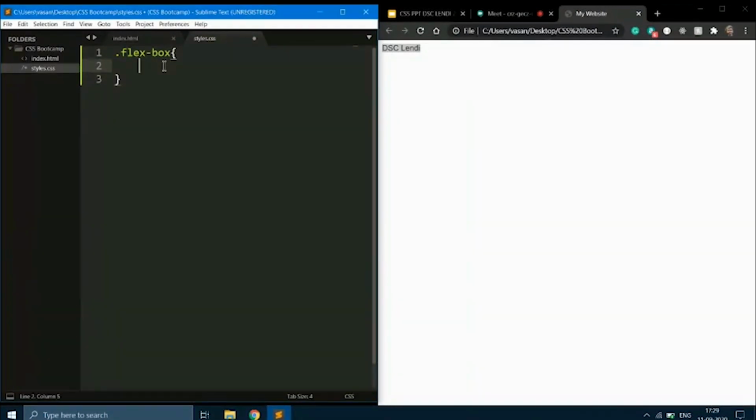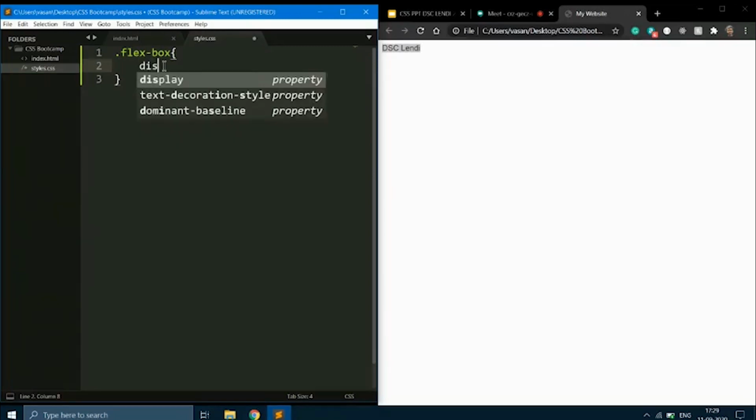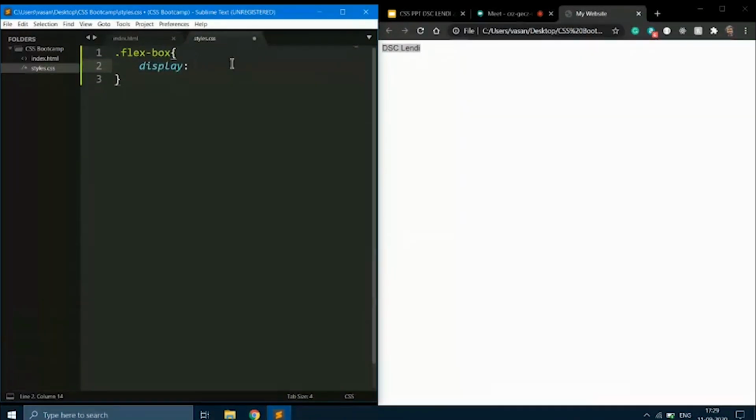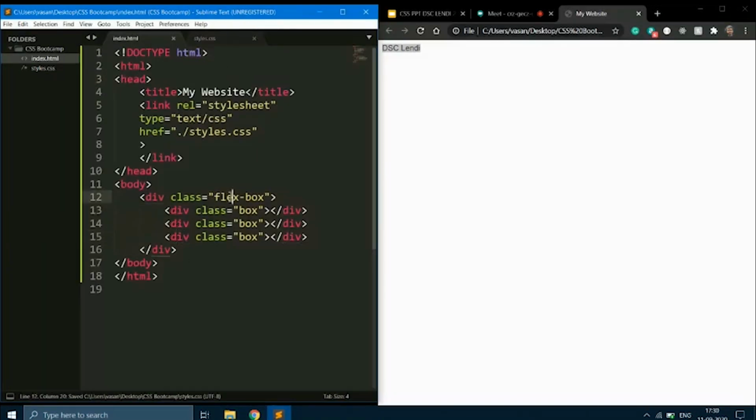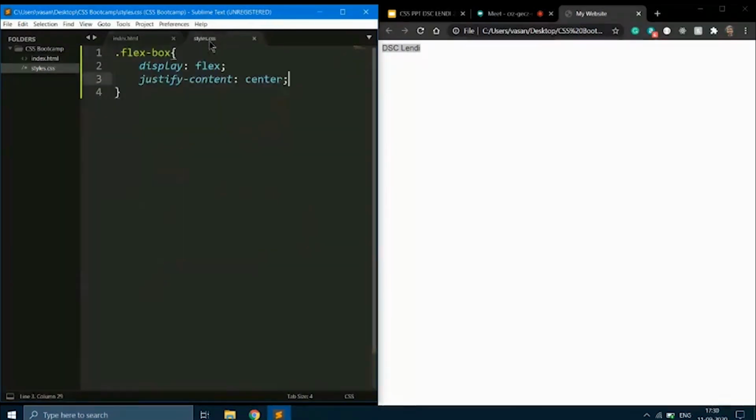The first major thing before applying it is you need to define the display property, and the display property is going to be flex because we are using the flex layout. As I said, justify content is a property under flex layout, and justify content is for the horizontal axis. I'm going to say align all the children elements of this flexbox element horizontally in the center.